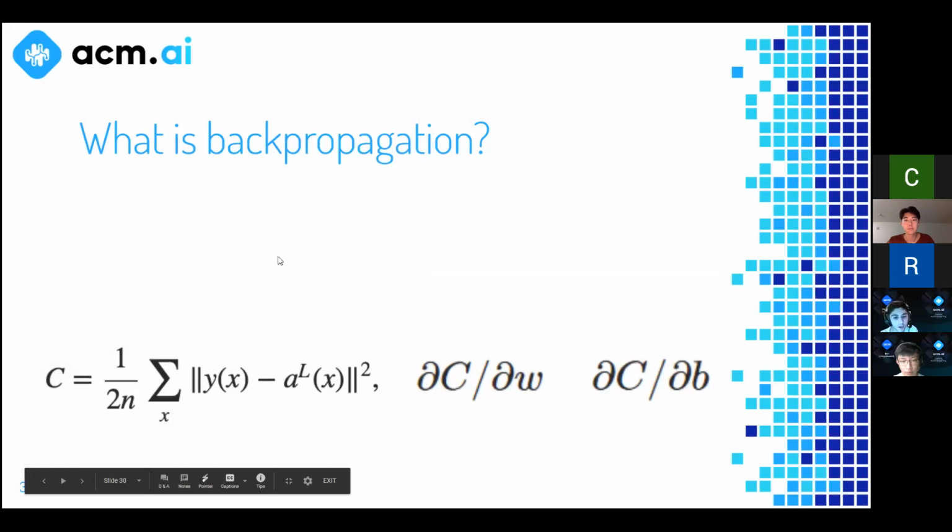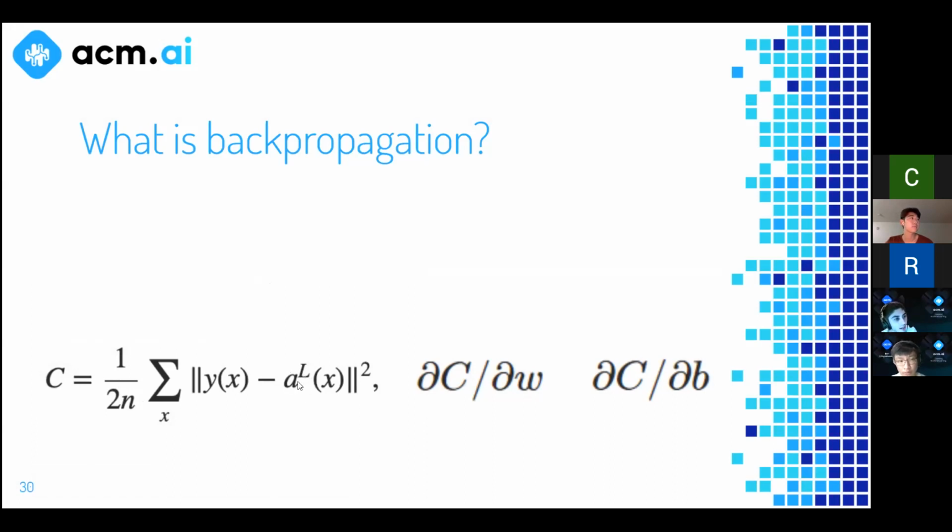Okay, what is backprop, right? So we have the cost. Pretend this is the same cost function we were talking about earlier, right? Nothing's changed. This is the a^L, the activation of the output layer. A is the activation, the L superscript means the last layer. So these are the activations of the output layer, and then the y refers to the actual label in our supervised learning model. So this is the same formula you saw before. You compute the difference, you square it, and so on.